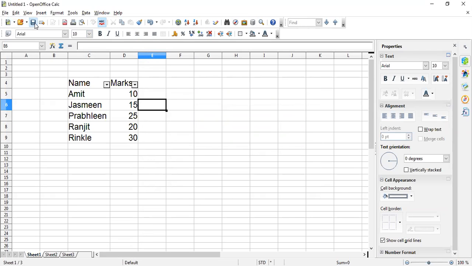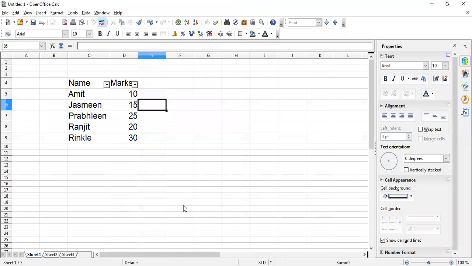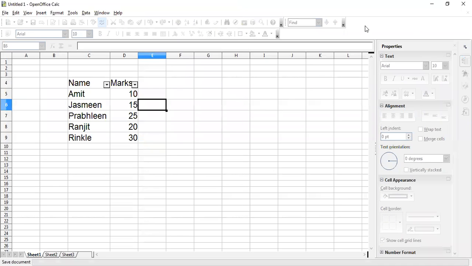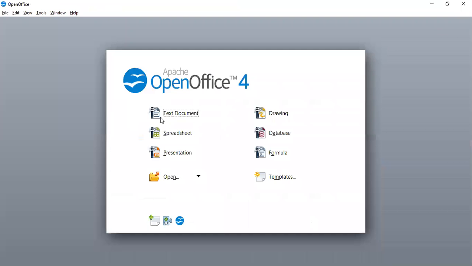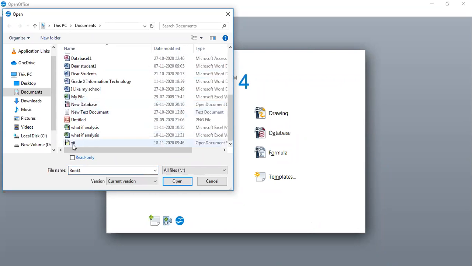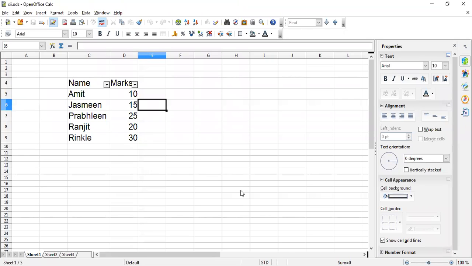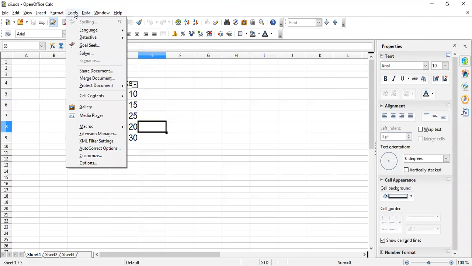I haven't saved it. I'll save it in my documents with the name 12th. Right, let me close it. Open. We had saved this with the name 12th. Okay, it was not saved. Go to tools,